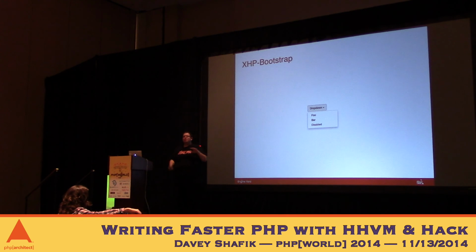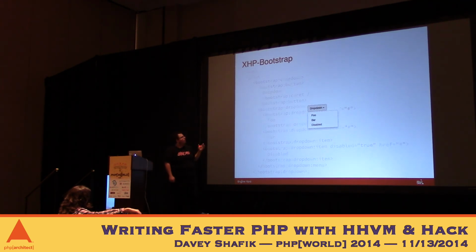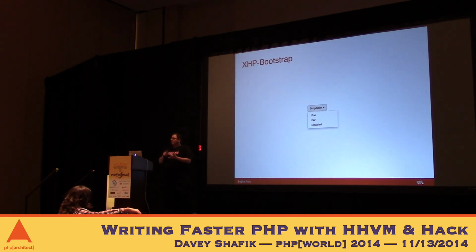Why does this matter? Why do you want all of this extra syntax? Two reasons. One is auto-escaping and validation. So if you were to, for example, go back here, if you have a class attribute on here, you can specify what a valid class is. And if you don't pass a valid class and say you make a typo, it knows and it will complain at you, which is great. Not only that, but if you use an invalid tag, then you also get an error.